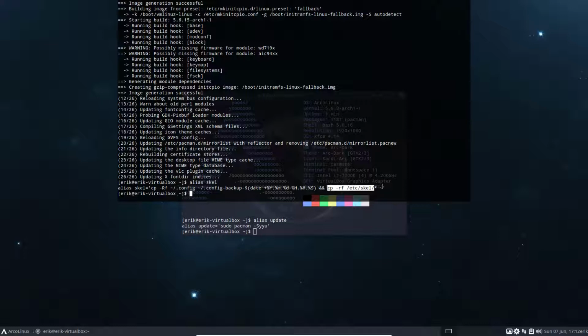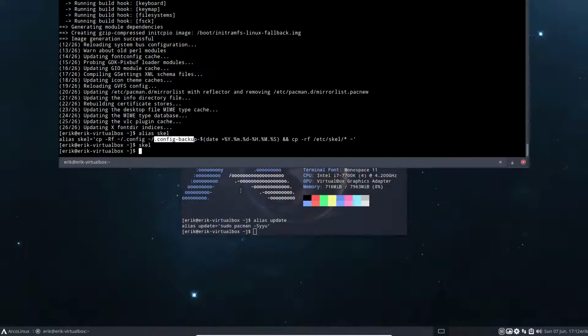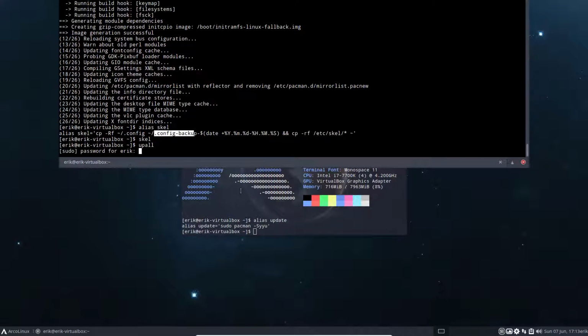So it's overwriting your settings, but there is a backup, right? Lots of tutorials about skel and how to preserve your settings. So skel it is, copy pasting everything over. It looks a little bit different, that's quite normal, and up all is maybe the last thing we do, but